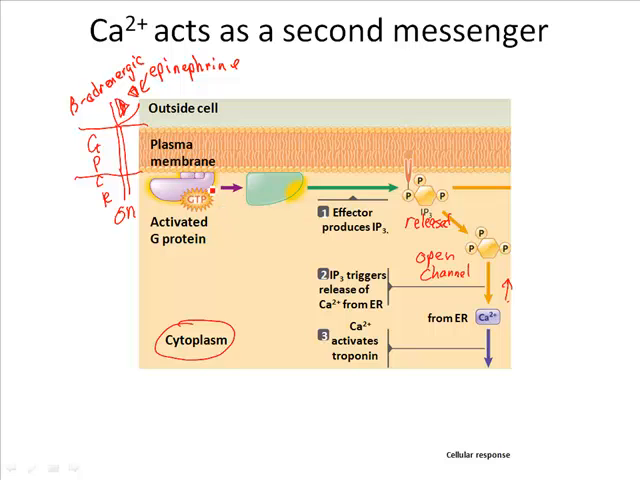Now, instead of working through adenylyl cyclase, in this particular case, the G protein is going to work through an intermediate molecule called an effector molecule. Once that effector is activated, it's going to cause a release of IP3. IP3 is going to open those calcium channels on the surface of the ER. Opening up those calcium channels, it's going to increase cytosolic calcium concentrations, and those calcium ions are going to activate a protein called troponin. And because we've activated that troponin, what's going to happen is muscle